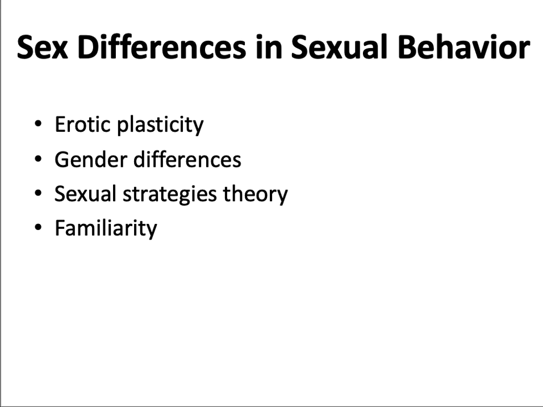Sexual strategies theory. This is a theory that maintains that women and men have evolved distinct mating strategies because they face different adaptive problems over the course of human history. The strategies used by each sex maximize the probability of passing along their genes to future generations. According to this theory, women are more likely to be cautious about having sex because having offspring is a much more intensive commitment for them than it is for men. There is evidence that women are much less willing than men to have sex with someone they do not know well.